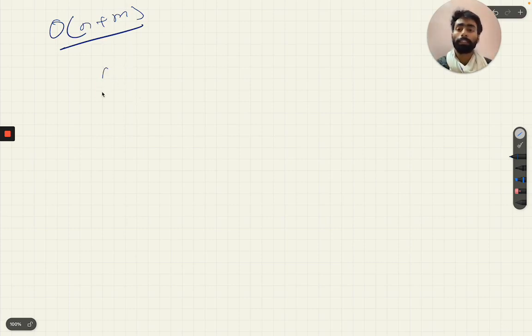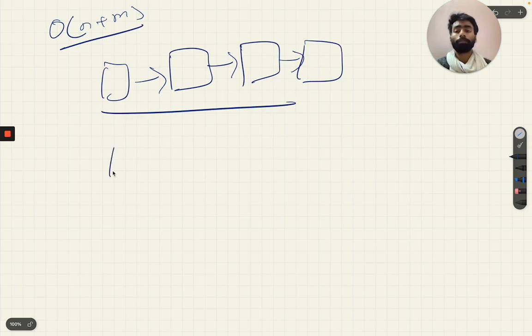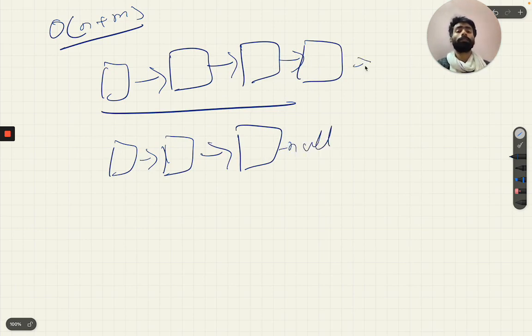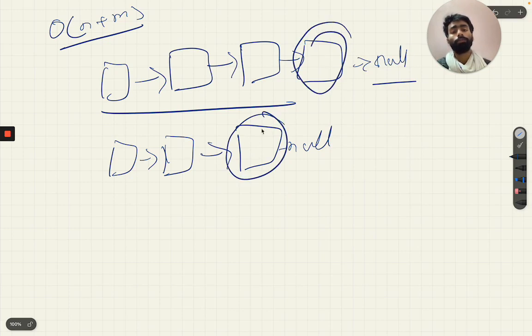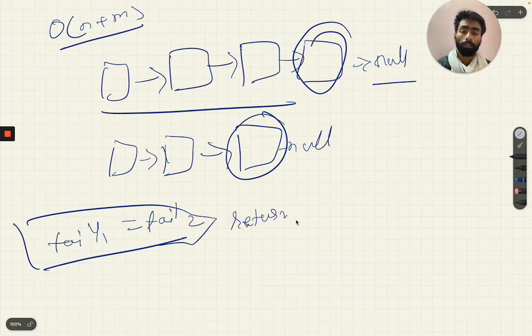So we can do this: in the first iteration we find the length of the linked list and store the tail value of each. If this is equal, then we have the intersection point, else we will return null.